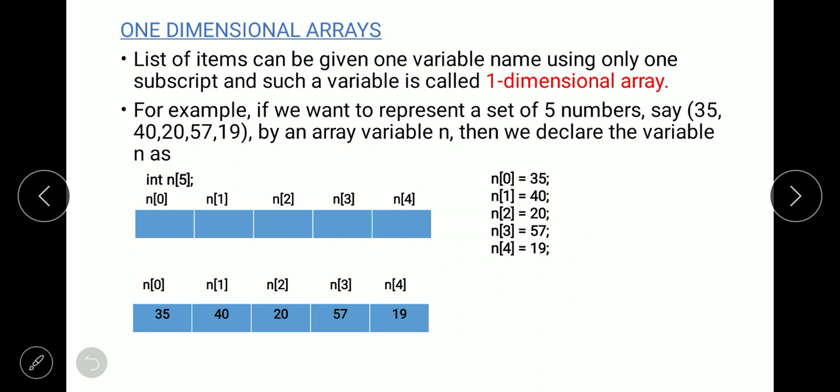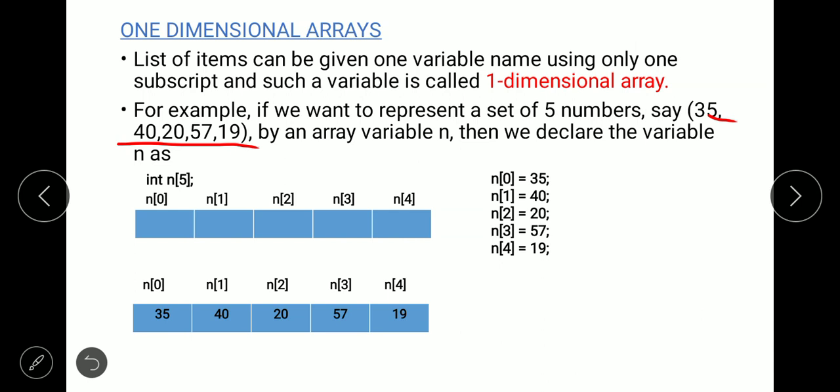So we want to store these 5 numbers in some memory location. As we can see, all these values are of the same data type, right? All are integer data types. If we had one floating value also, then we could not have used arrays, correct?